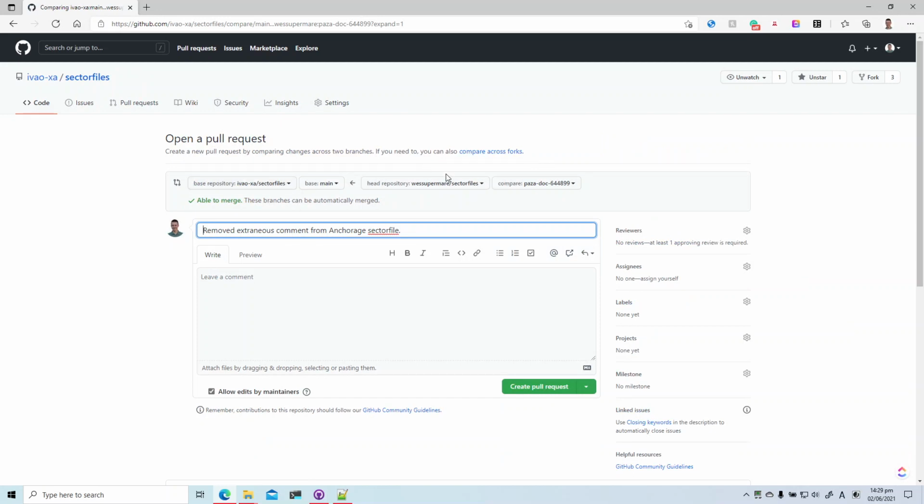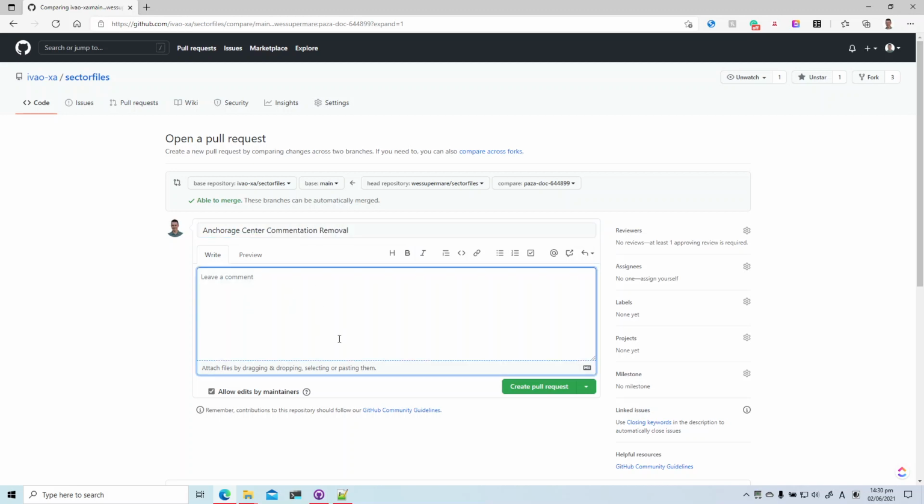We'll notice that it's comparing from my copy on this branch against the IVAO XA master Sectorfiles repository on the main branch, and this is what we want to do. For this, we need to give it a title. Write any comments. For instance, if you're fixing a feature request, let's say you're fixing a feature request with number